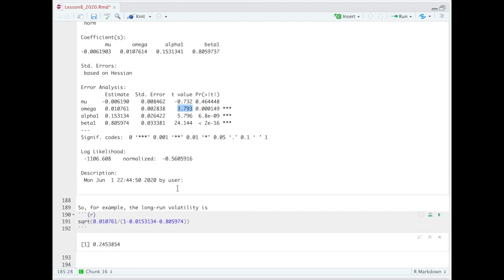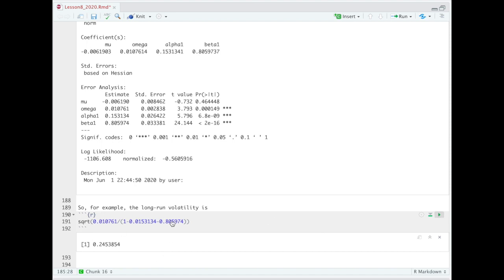For example, if we are interested in the long-run volatility, what can we do? We can take omega, which is equal to gamma times the long-run variance, and we can divide omega by 1 minus alpha minus beta. Why? Because alpha plus beta plus gamma sum to 1, so 1 minus alpha minus beta is equal to gamma. And since omega is equal to the long-run variance times gamma, if we divide omega by gamma, we get the long-run variance. Once we have the long-run variance, we can take the square root and we will have the long-run volatility. So if we do that, the value we get is a volatility of